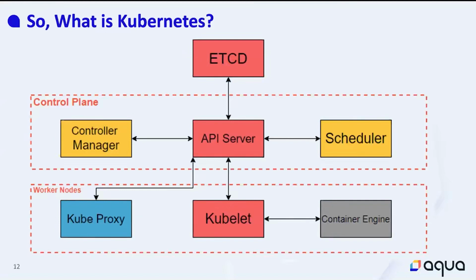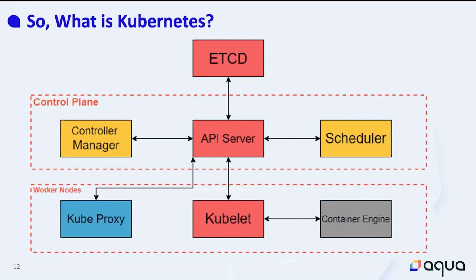Then on the control plane, we also have a controller manager. Within Kubernetes, you have controllers and operators. If you're completely new to this, all you have to remember about controllers and operators is that they basically take care of really specific processes within your cluster. So let's assume you're usually doing something manually, and you don't want to do that manually within your environment anymore. You can get a controller or operator to take care of this process. In this case, the controller manager is really responsible for keeping track of the state of your cluster. Like, is everything working as it's supposed to be? What's the state of the cluster?